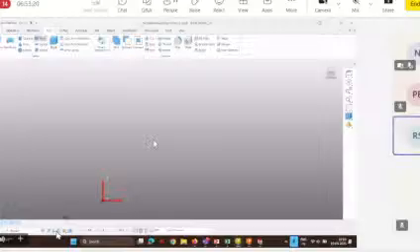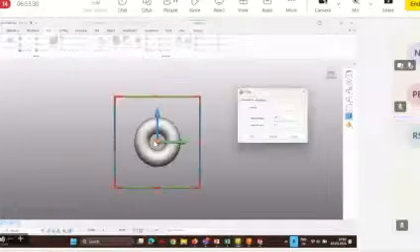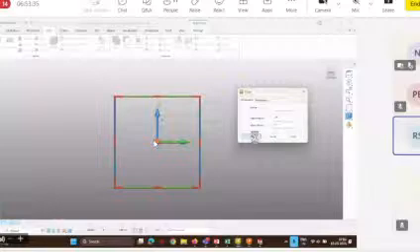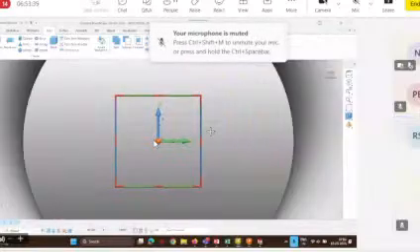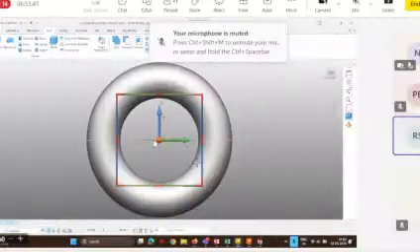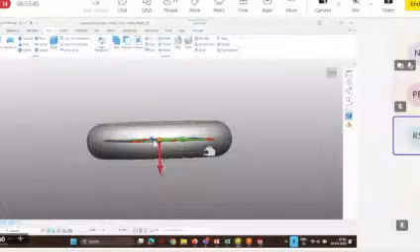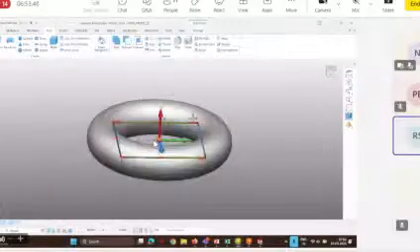Also delete one. Okay, we're just getting the one torus. And if you specify the dimensions, maybe like 100 and 30, yeah, okay, it's done. So next thing is like we just select a model and we'll go to this again